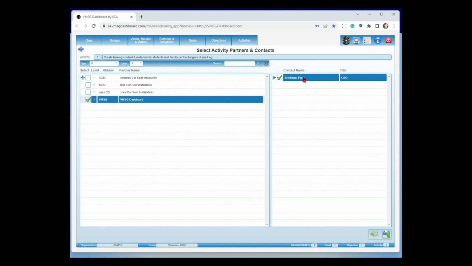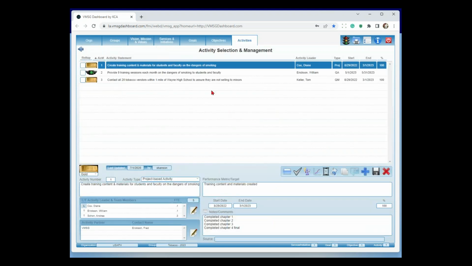Now there is an option to make the external partner that email recipient too. So if you're working closely with somebody, instead of you having to call Fred and say, hey, Fred, how you doing on the video production? And then go back in and find that activity and update the activity, Fred can go straight back in there automatically. So the email will go to Fred. He'll go right back in through what we call quick update, which we'll talk about in a few minutes here. And he'll be able to do the update in there. So it just saves you a lot of time and effort in tracking the information.